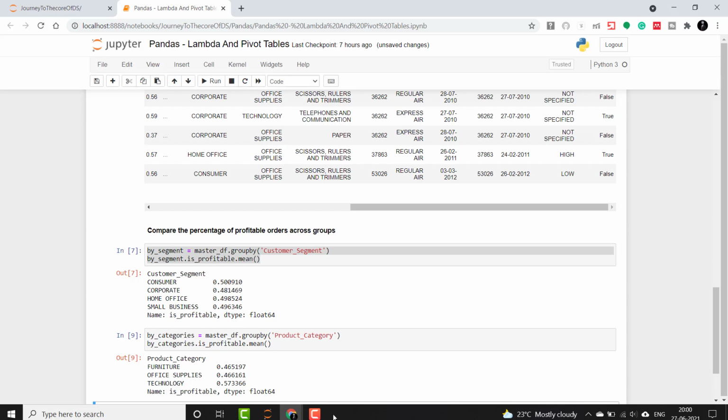Here you will observe that in furniture 46% of orders are profitable compared to 57% in technology.